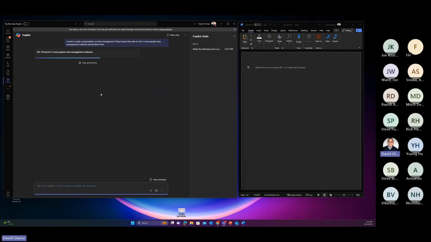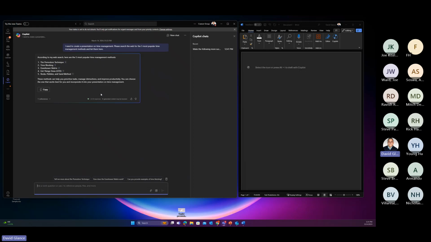I'm talking to Copilot and telling it exactly what I need. I'm being somewhat direct in the sense that, hey, this is exactly what I'm looking for. I'm giving it a number to work off of, so not just something in the ether, making it guess whether they want 3, 5, 10, 12, or just the best one. And so here, according to my web search, here are the 5 most popular